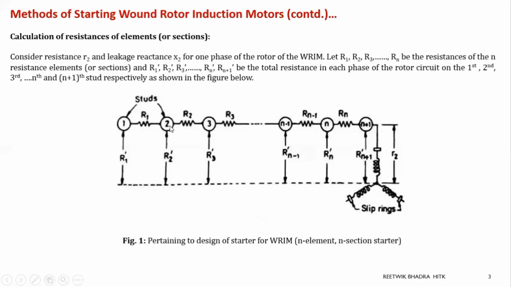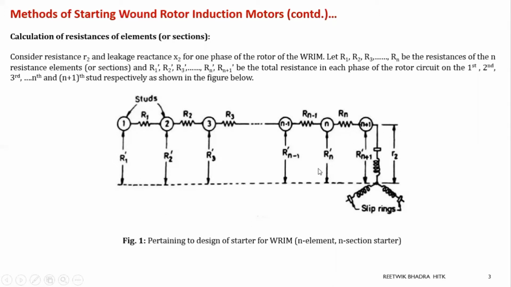Next, the handle will move to your position 2. So now one resistance is cut out. So now the total resistance will be R2, R3, Rn minus 1, Rn. Now slowly resistance decreases, current increases. That is what we will discuss over here and find out all these values pertaining to this diagram. Very important this is. We will also solve problems regarding this.